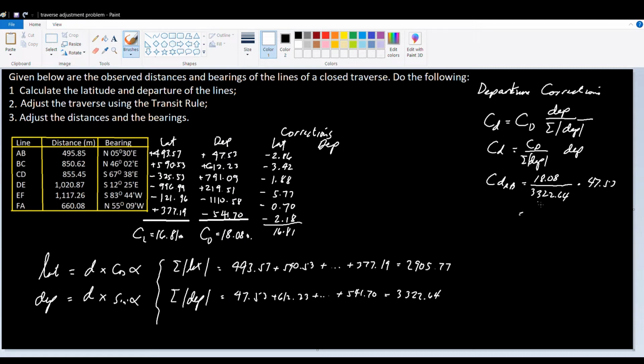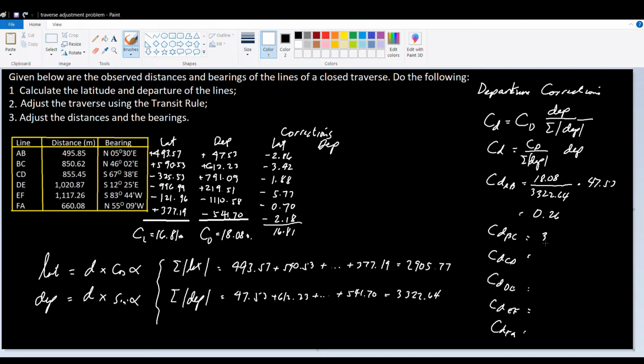So the correction for departure of the first line, for the first line AB is 0.26. Then we write the other lines BC, CD, DE, EF, and FA. And the values that you should get are as follows: